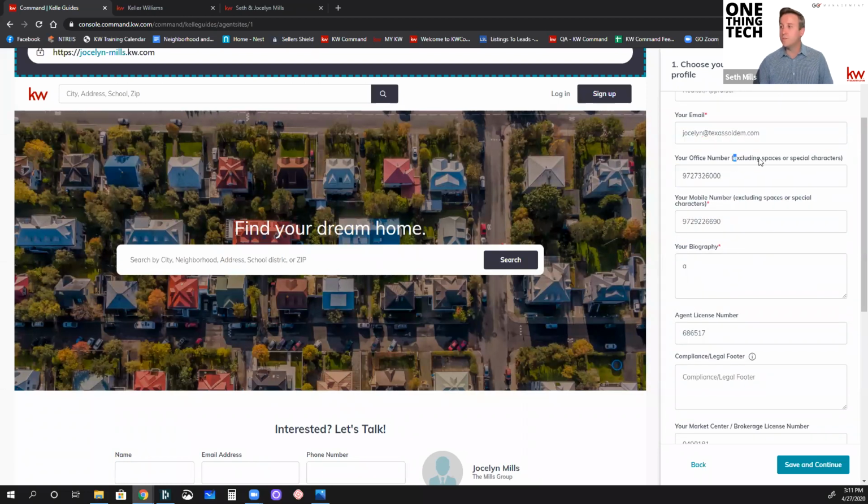Office number, this is important. It does exclude spaces or special characters. It will format for you automatically when it goes to post it on the site. Include your mobile number. You can include a bio. If you're not sure what to include, just make it short at first. Have a short bio. You can always go back and really curate something nice that you want your website to